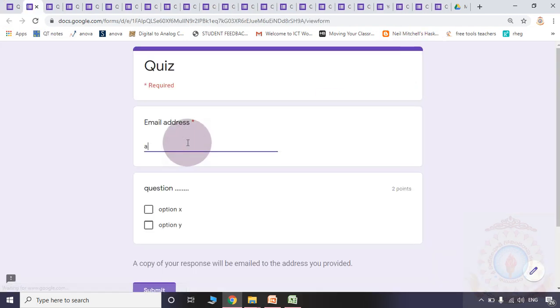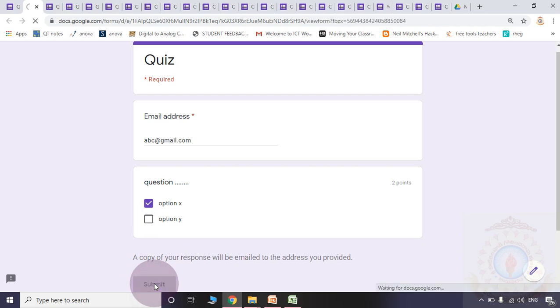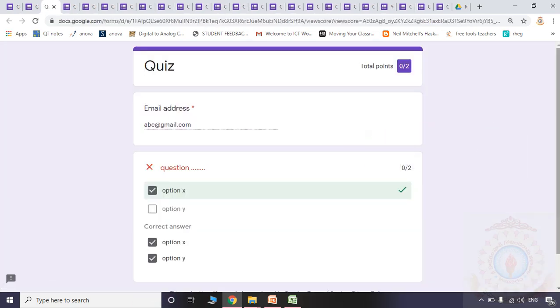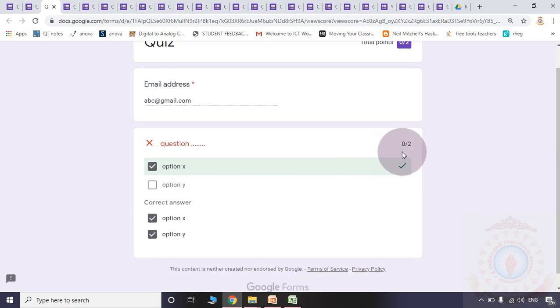Now let us see the preview one more time. I am selecting only one option as the answer. Now I want to see the score. Please observe. Here I am getting 0 marks. The reason is, only if both options are selected by the student is the student supposed to get 2 marks.